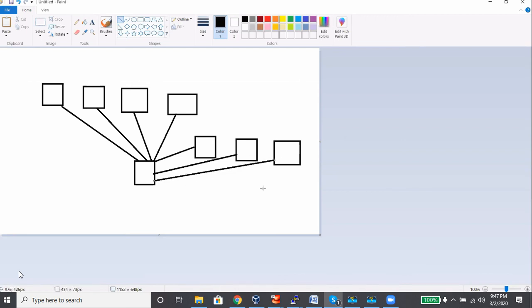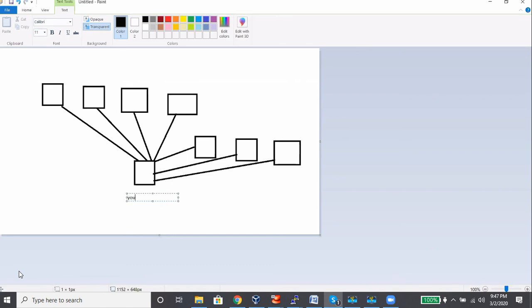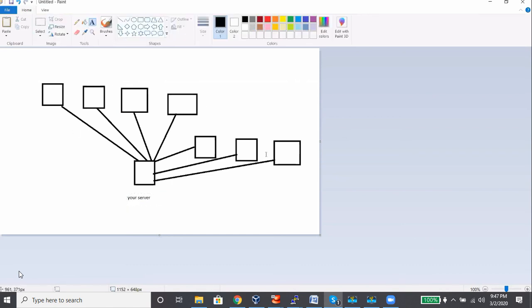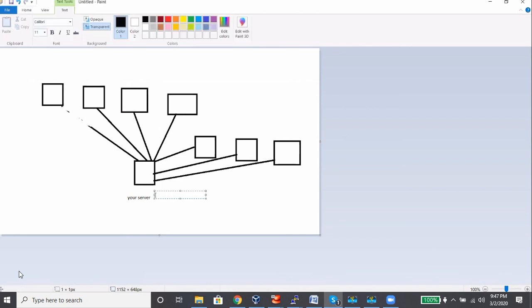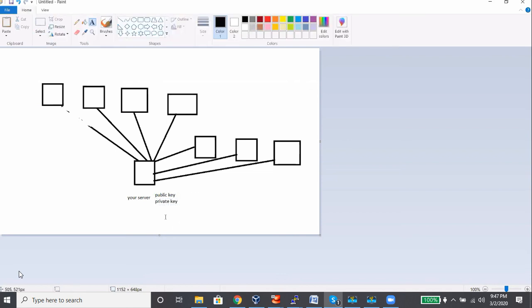Now let's say this is your server, and these are server 1, server 2, server 3 of the opposite side. You want to break the connection of this one. You don't want this connection. From your end, you have your own public key and private key.